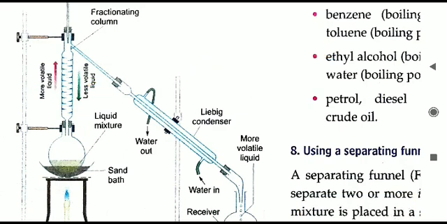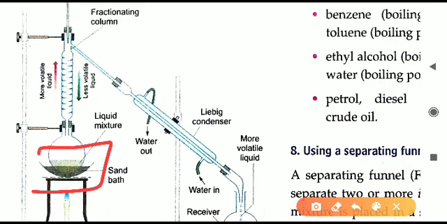Now here you can see more volatile and less volatile. Less volatile means which is not able to convert into vapors easily. The more volatile ones which are having a lesser boiling point and they are easily moving forward into the gaseous form. So in this case, now let us take that example of alcohol only, alcohol and water. For example, we have taken a mixture of alcohol and water. We will take that in this jar or in this distillation flask.